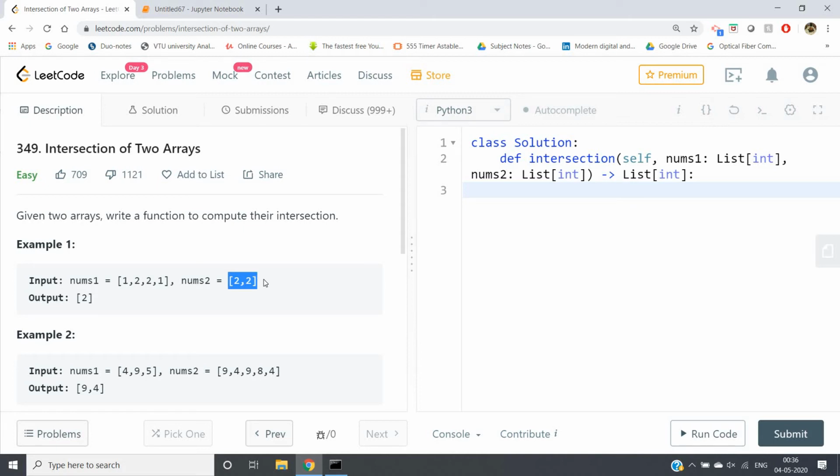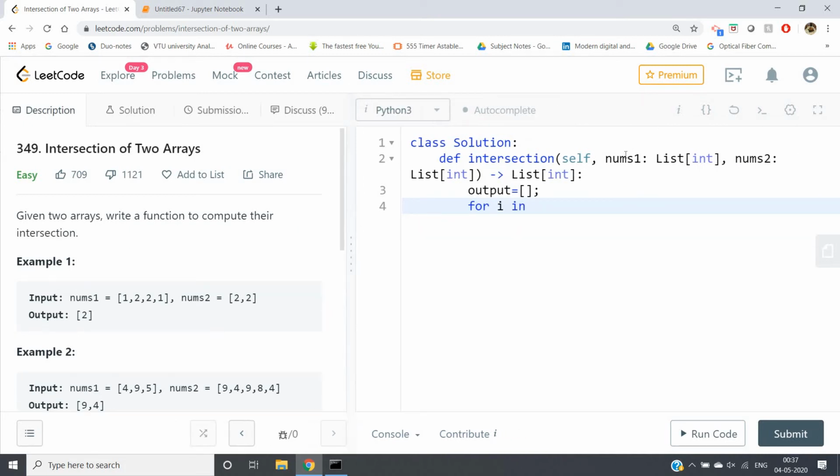If it is present, that is a common element, so we append it to one list. Suppose that is our output list, so we define it as an empty list for the time being, and then we traverse our first list, that is for i in nums1.